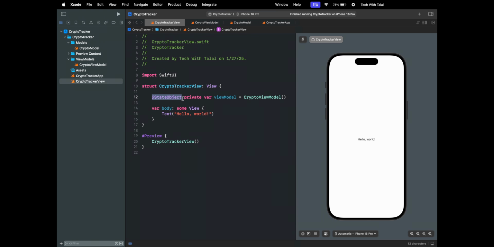And state object here makes the crypto tracker view create, own, and observe the crypto view model, right? So anything that happens in the crypto view model, the crypto tracker view is gonna know about it. So now what we're gonna do is create a navigation view here to add a title at the top. We're gonna remove the text here, and we're gonna create a list, and this list is gonna take data from the view model, so view model dot crypto data,